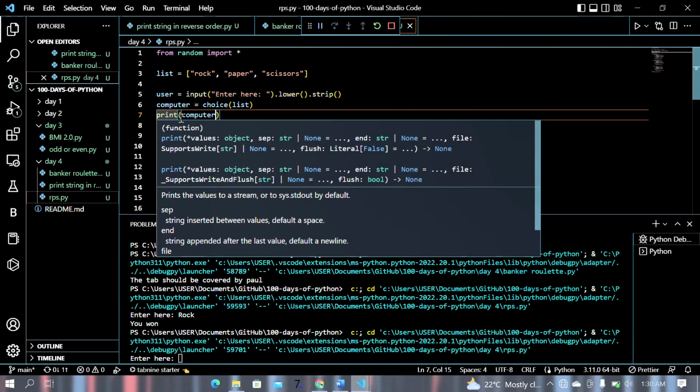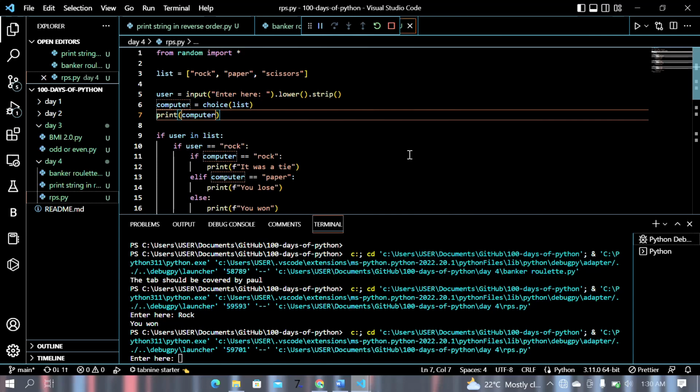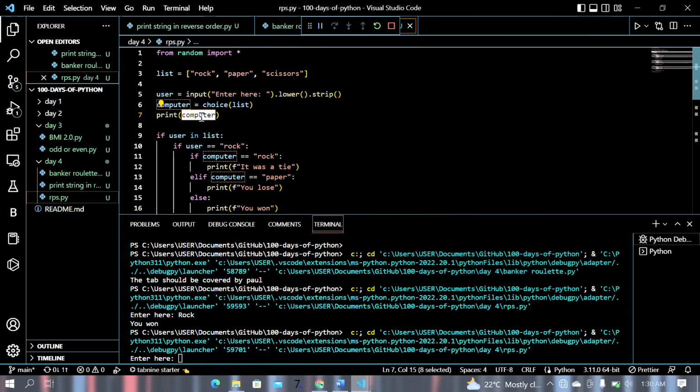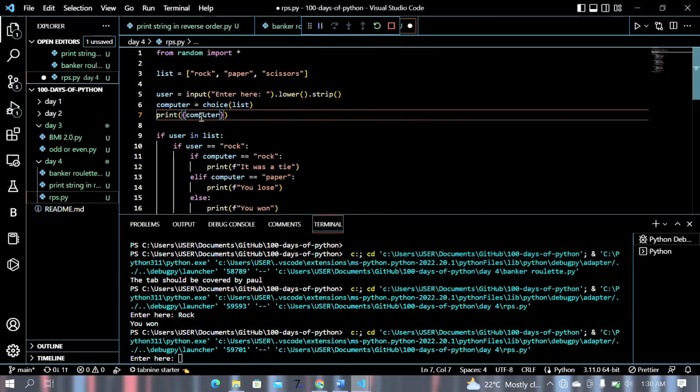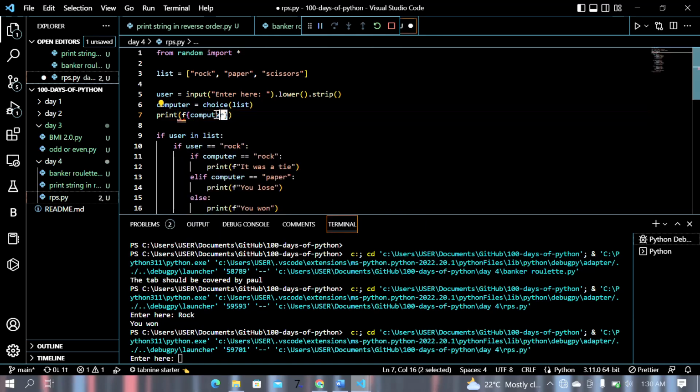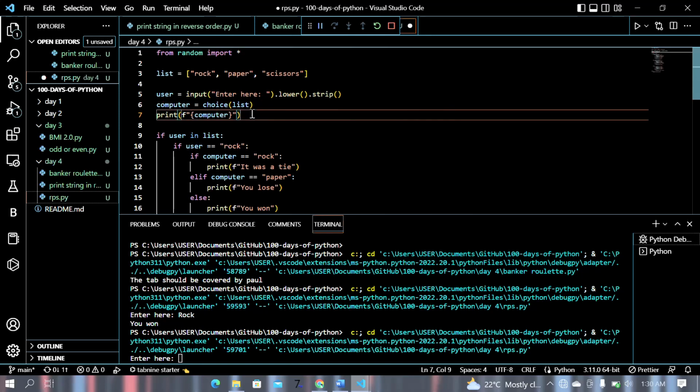Oh no, let's add a string here. It'll be weird if I just printed computer. Okay. The computer played